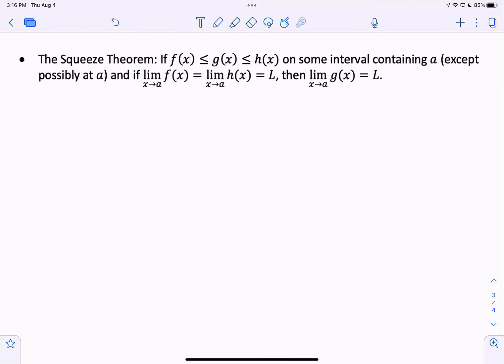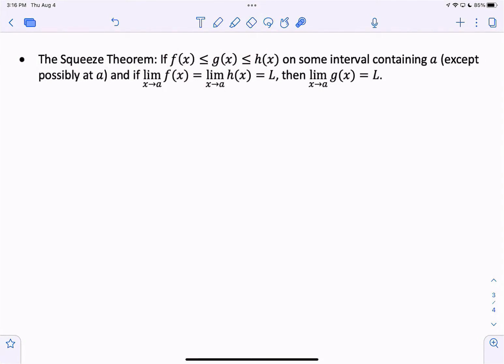Here I'm going to present and apply something called the Squeeze Theorem. We'll see a proof of it in a later video. The Squeeze Theorem states that if I have three functions, f, g, and h, they're all functions of x, such that f is smaller than g and g is in turn smaller than h, smaller than or equal to, I should say,